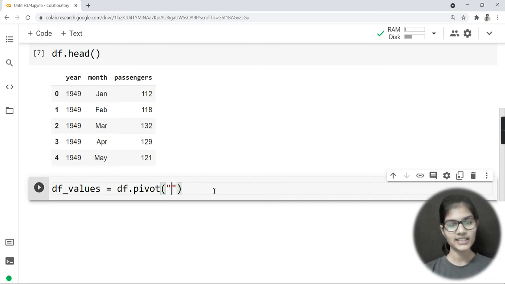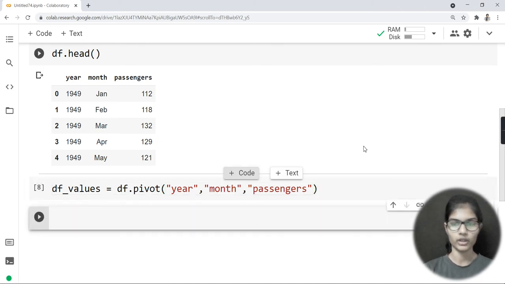Now a heat map is basically plotted when the number of columns used is 3, and we have only 3 columns in our data also, right? So I would just write the columns. First one is the year, the second one is the month, and the third one is the passengers. So I will just put a comma, and here I would just write passengers. Fine, passengers, right? That is absolutely right. And I would just run my cell here for a while.